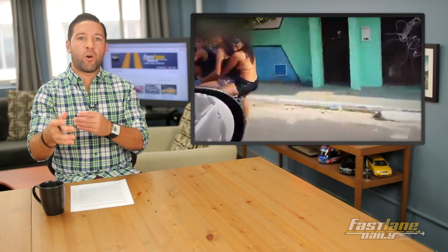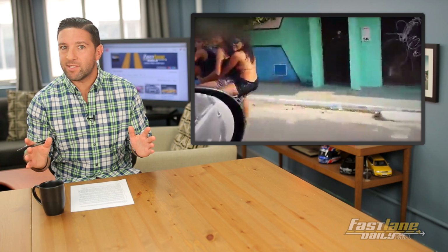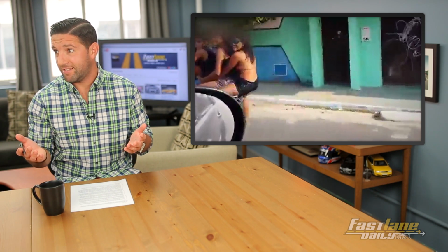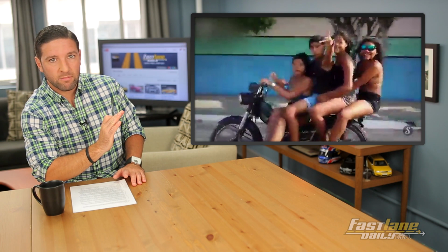Now, I know in some foreign countries that's not that rare, but it doesn't make it any safer. When I was in Taiwan, I saw 3 to 4 people on scooters all the time. It was crazy, even kids sometimes without helmets. What? Anyway,